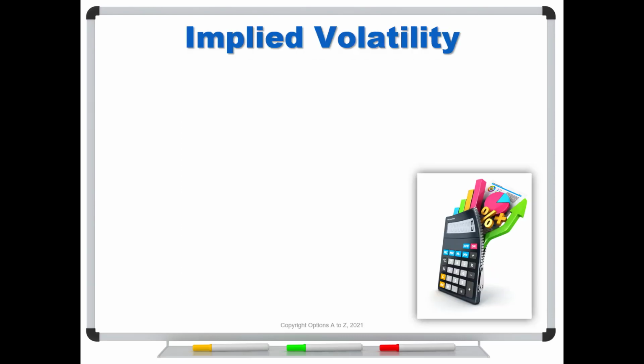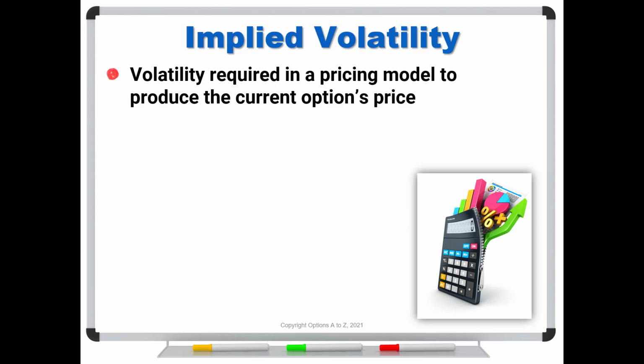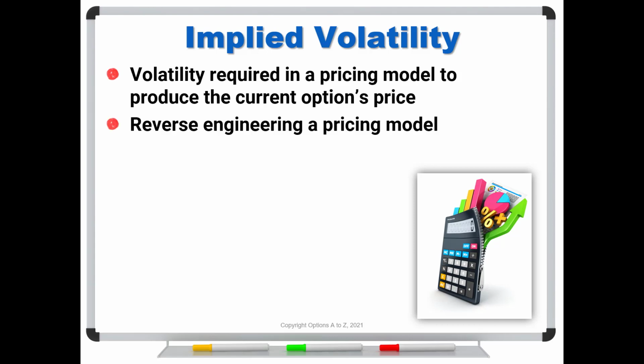So we've talked about this before, but for a quick refresher, remember what implied volatility is. It is the volatility number that's required to put into a pricing model to produce the current options price. And really all we're doing is that you could think of it as though we are reverse engineering a pricing